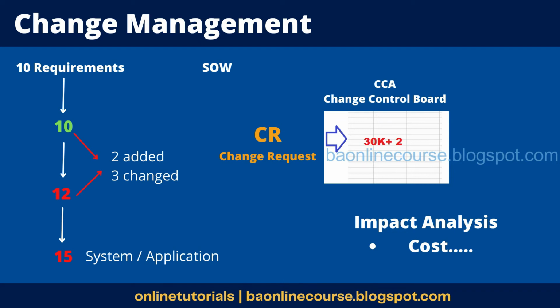Over here, the money which has been decided, it would be decided by the higher management, right? We would just be studying the impact analysis, and then they would decide the amount, like how much would be required more, and then we would be just documenting that and then forwarding it to the SMEs or whoever is the relevant person, and then it would be finalized between the solution owner and the SMEs, right? So we would send it to the team, which we generally call a change control board or change authorization board, right? That generally involves a project manager, the solution owner, sometimes a sponsor also, and they would decide whether to take a change request or not, right? Okay, so you are not deciding that.